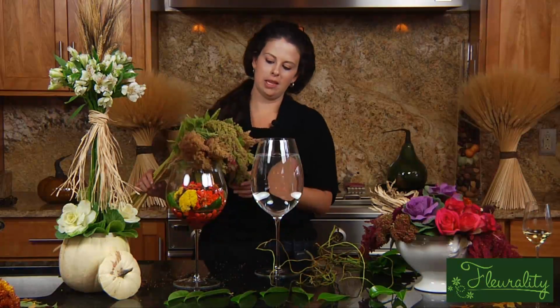And I'm going to use a fall flower. It's called amaranthus. This variety is hanging amaranthus, and they call it champagne. It also comes in burgundy and green. And I'm just going to do all amaranthus, and I'm going to accent it with some curly willow and some